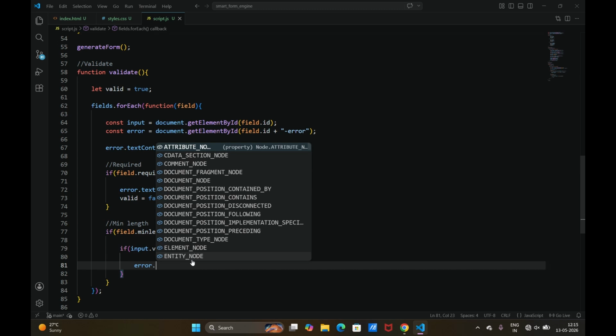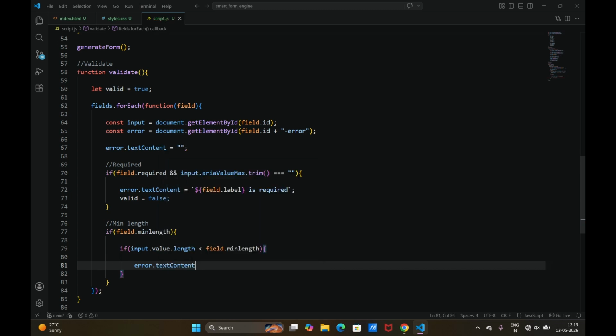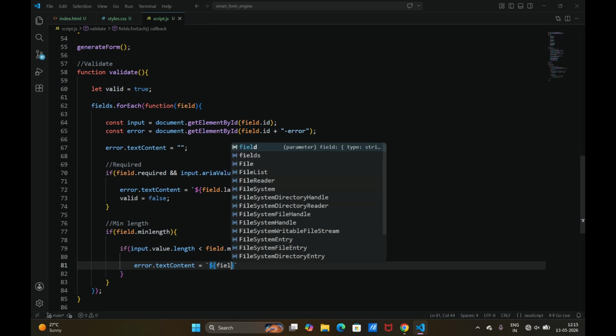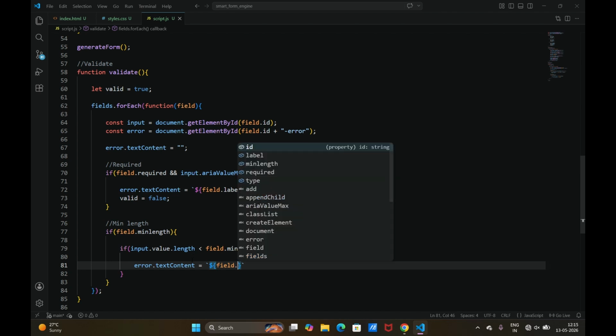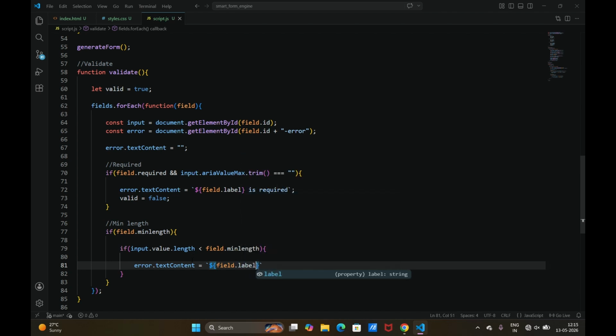We have to change the errors text content to $field.label must be at least field.minimumLength